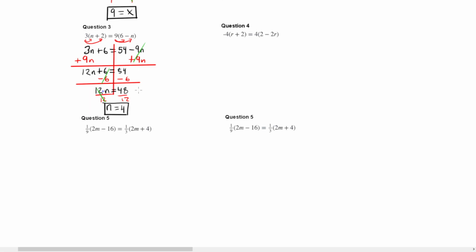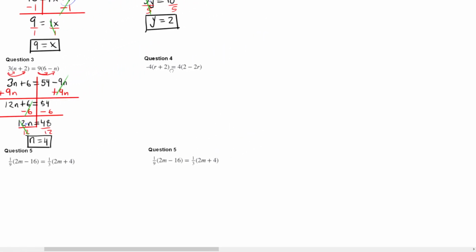That's my answer. Here we have another distribute that's a double distribute. This one has a -4 that's getting distributed, so that should be kind of fun. So I'm going to have a -4 into my r, and I'll have -4r. I'm going to write a capital because it's hard for me to do a lowercase r. -4 times 2 is going to give me a -8 equals, and then 4 times 2, that's going to give me a +8. And then 4 times -2, that'll give me another